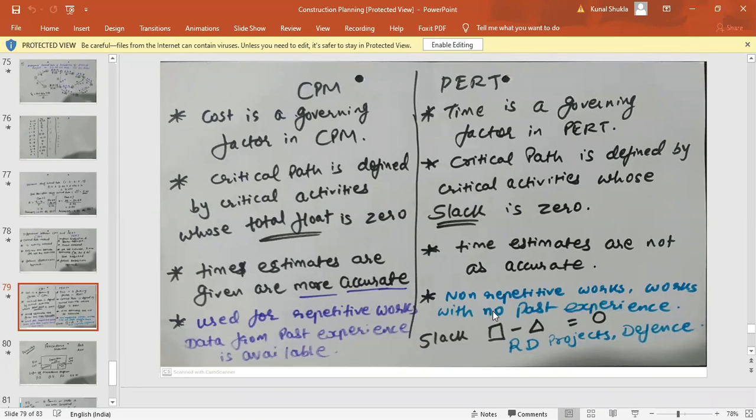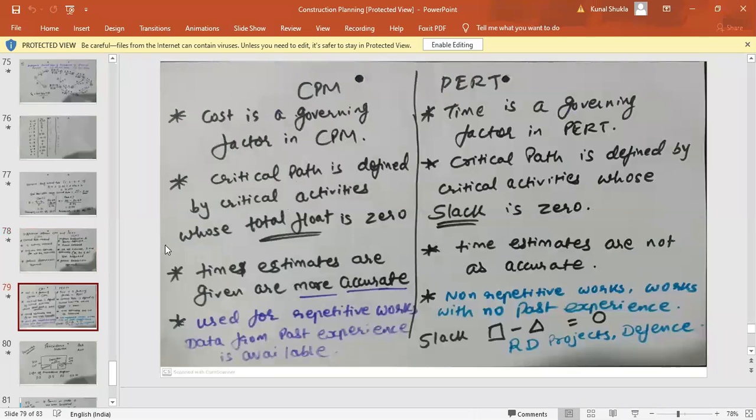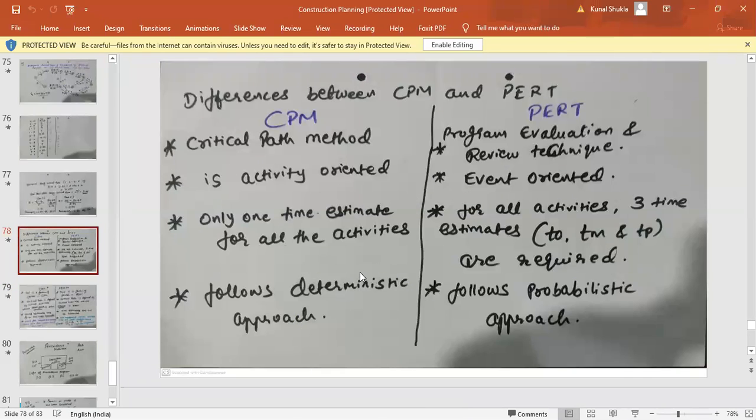It is a request that you write this down very quickly, because this is one of the important questions from the JTU, so that you get full marks. It generally asks for 6 marks: 3 differences over here and 4 differences over here. Not the full form. So just quickly write it down.